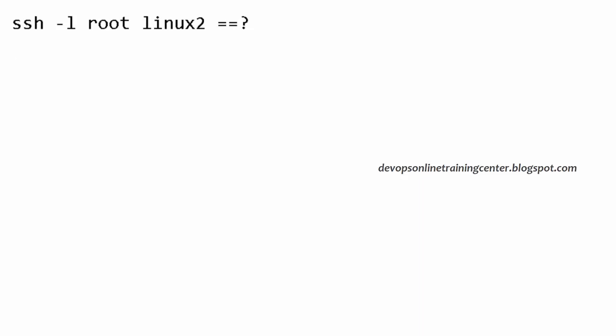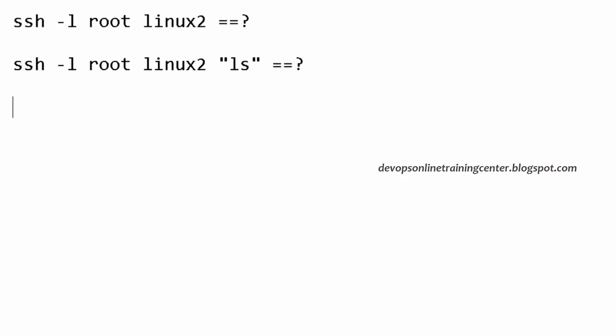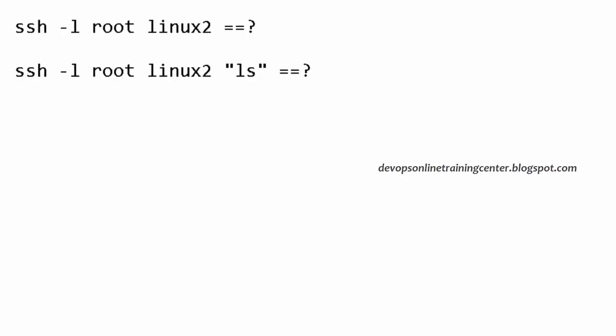Now, the first command logs into the other machine using the root user, and the second command is ssh with root and the Linux machine IP address or host name, followed by a command. What happens here? Let us try that.